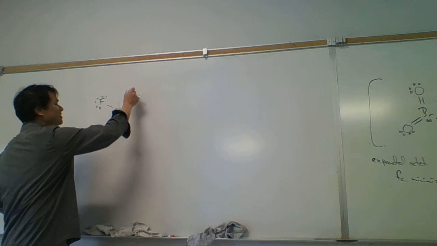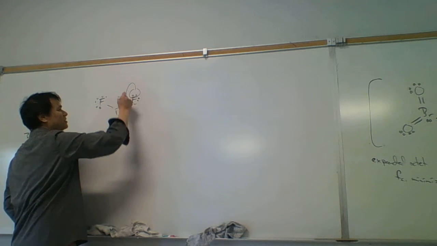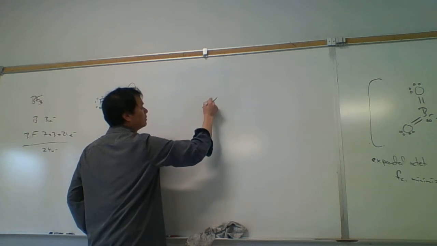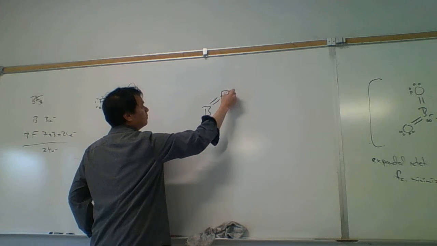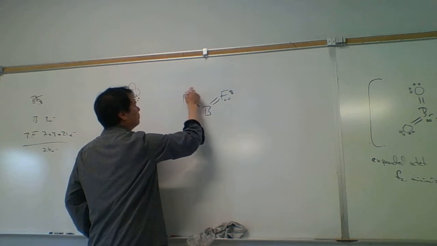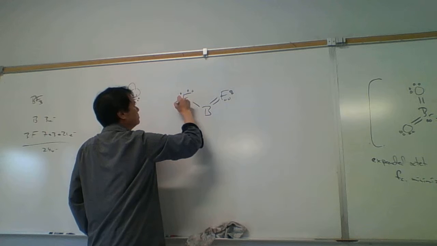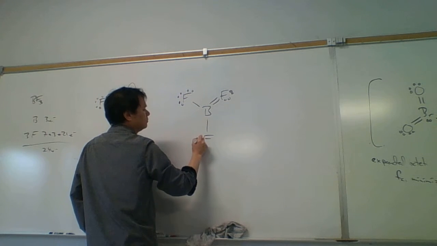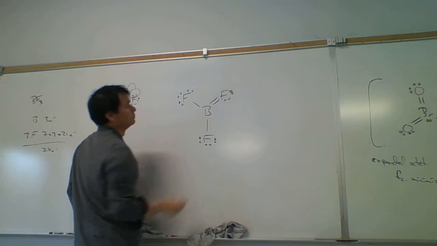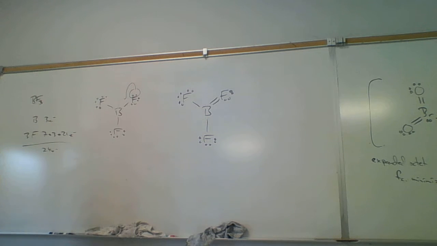What I'm going to do is take a pair of electrons and bring them to the bond. Okay, now that's good. Everybody has an octet, right? And we'd be done with step 5,